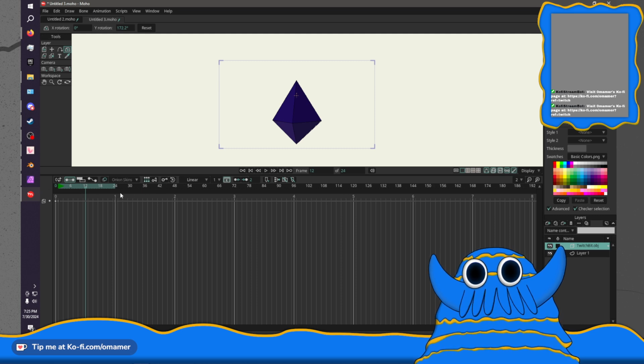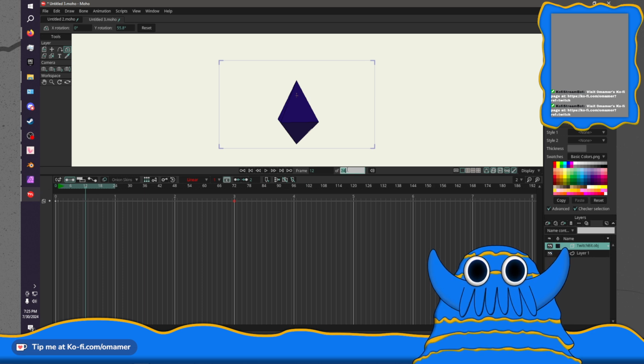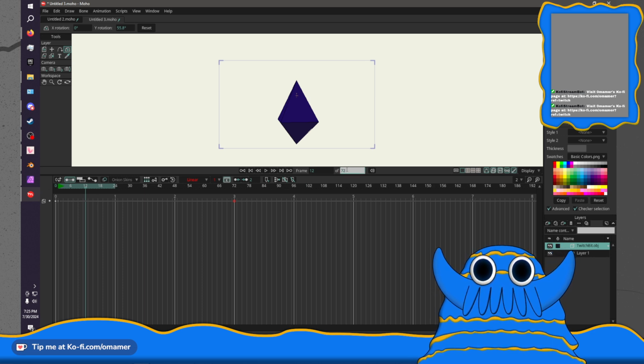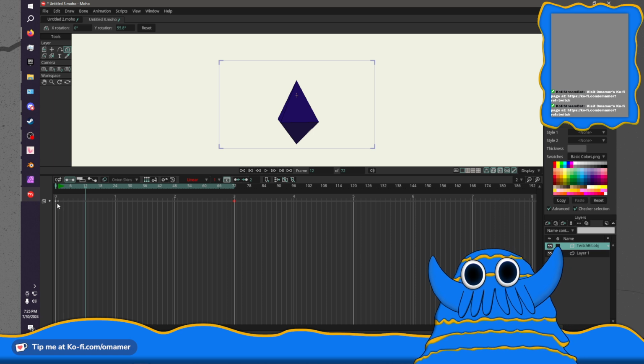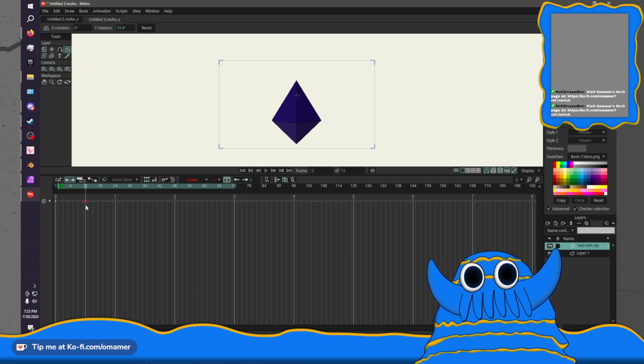And if I'm right, that looks a lot faster than I want. Let's slow it down. I wanted this thing to be 72 frames long.